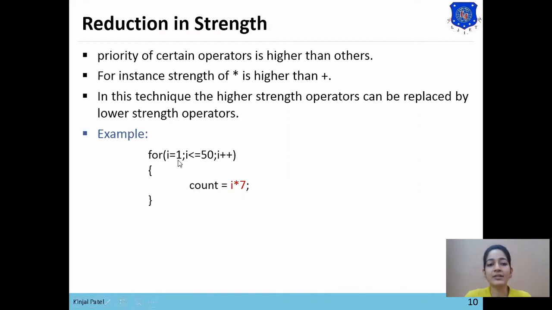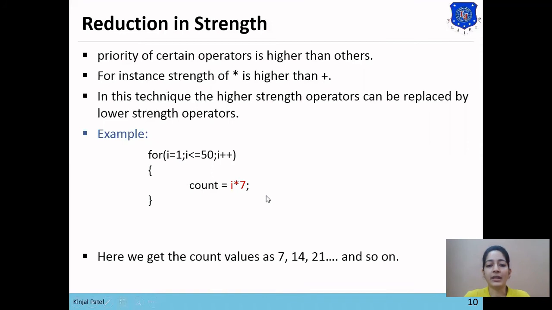Then for i equals 2, count will be 14. For i equals 3, count will be 21. So we get the output of count like 7, 14, 21 and so on.